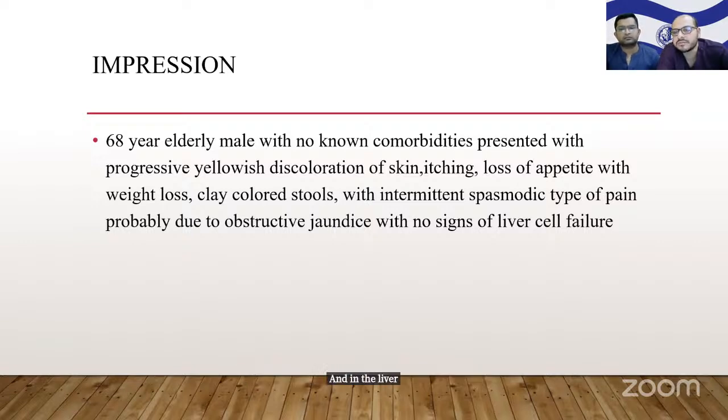In the liver it undergoes conjugation with the UDP glucuronyl transferase enzyme. Once it is conjugated, it is excreted from the liver into the biliary system and into the intestines. Once this conjugated bilirubin enters the intestine, it is acted upon by bacterial enzymes and converted to stercobilin, which gives stool its color. Also, 10% of the bilirubin undergoes enterohepatic circulation, which forms urobilin, giving urine its characteristic yellowish color. Good. Okay.